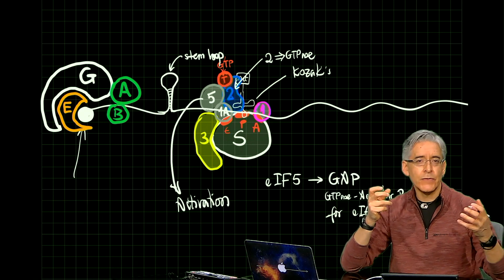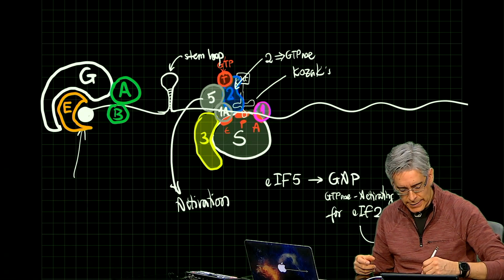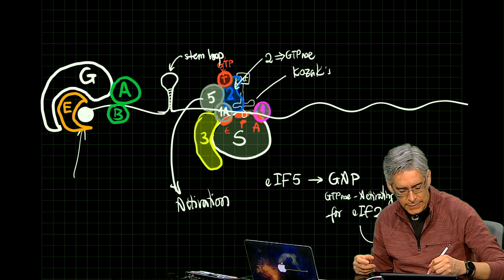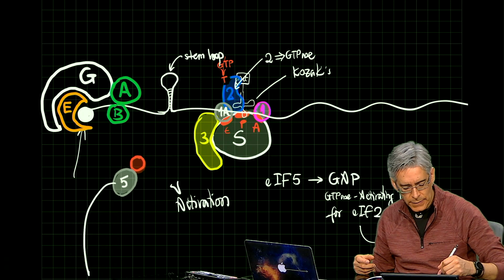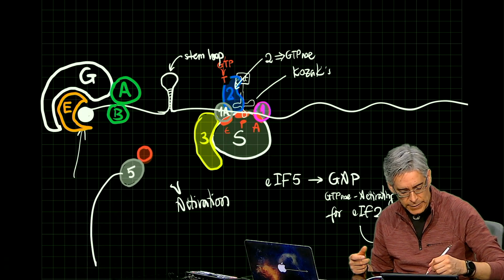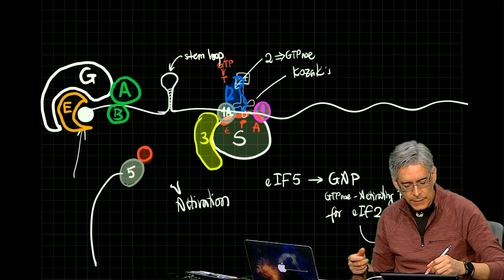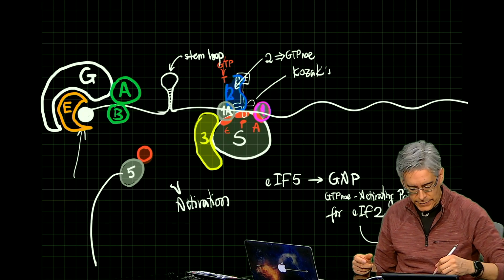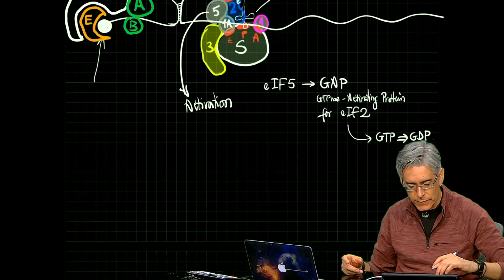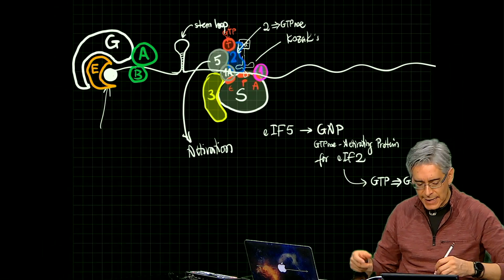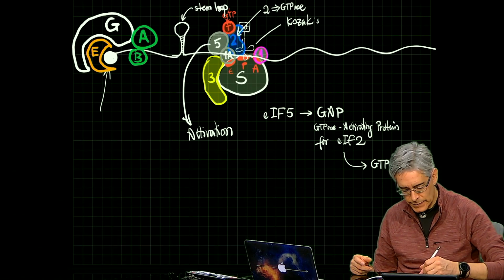And when factor 2 changes its shape, it then pushes away the other factors that are located nearby. So factor 5 and factor 2 itself will dissociate. Factor 1 will also dissociate. So this is difficult to actually show this way. So rather than trying to move factors around, what I'm going to show is what happens after all of that. So what happens at the end of all of that is,